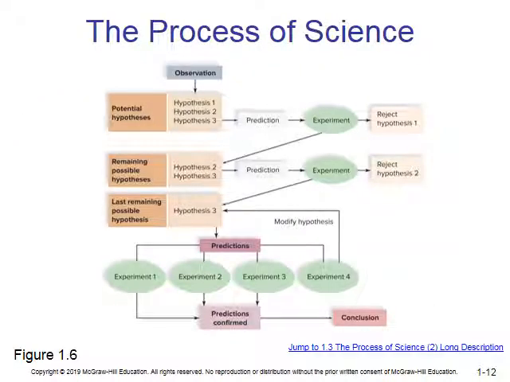Biology is basically the study of life, right? We've seen that definition probably a million times by now. But the process of science is kind of the systematic way in which we go about studying life. So this chart I think is funny because it looks really complicated, but it's not. We all do the process of science. We just don't think about it.